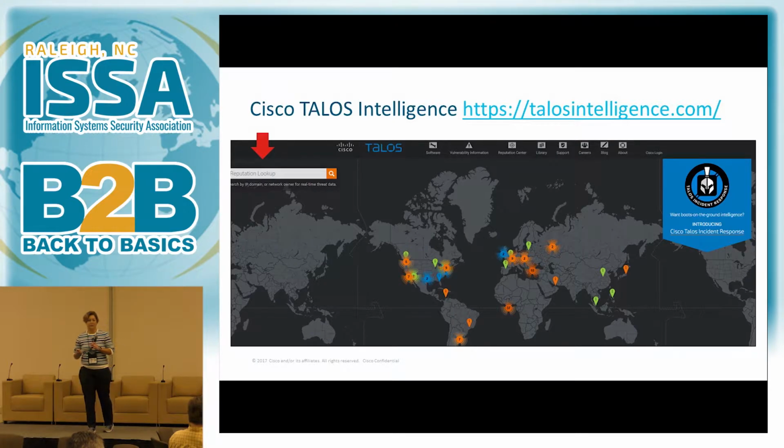I think we all have our own favorite sites. You find a piece of malware, want to go ahead and figure out if somebody else has seen it. This was a big surprise, I think, for some of the folks that I've talked to, that there were these centralized sites, right? Essentially that we are, as a security community, in a much better place than we were 5 or 6 years ago.